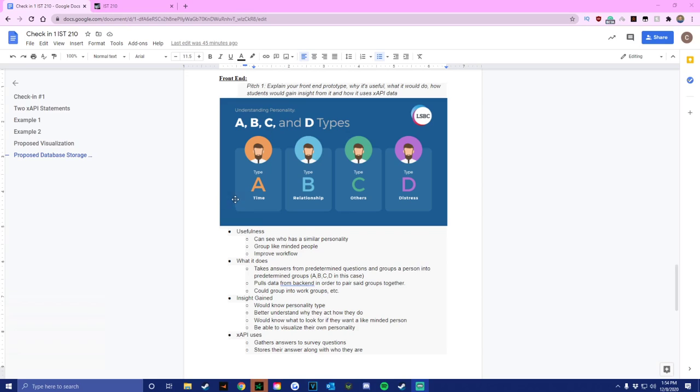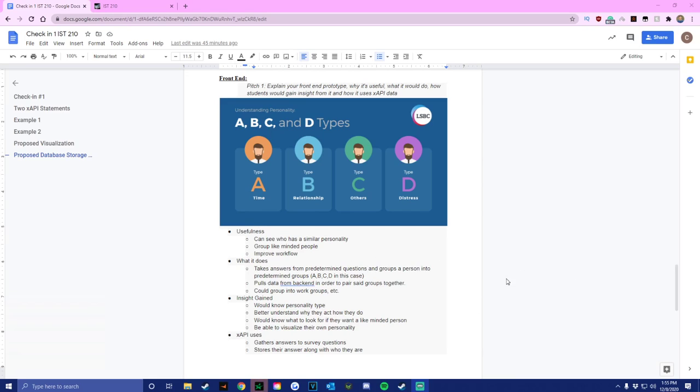And what it actually is doing, so what it does, it takes your answers from predetermined questions that we'll have before, and then it'll group you into a predetermined group, A, B, C, D in this point, but it can also pair a group. If you're 50-50, then you'd be type AB for that instance, but it pulls the data from the back end in order to pair the groups together. So I'll get more into this down in the xAPI uses, but basically it's just gonna have your data and it'll know what you are based on your data,